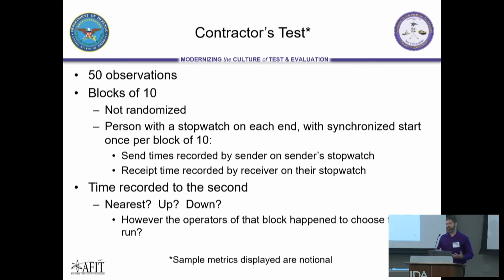And then what they did was say message type A from source 1, do 10 of those. Okay. Message type A from source 2, do 10 of those. All right, now we'll switch the operator on the receiving end. Message type B, source 1, do 10 of those, and message type B, source 2, do 10 of those. Well, okay, I mean, there's going to be some confounding there, in addition to the lack of randomization.